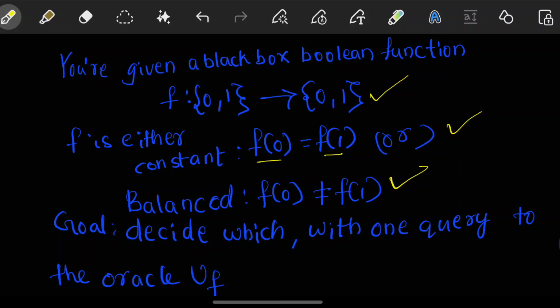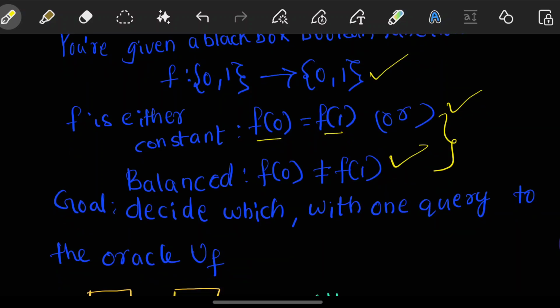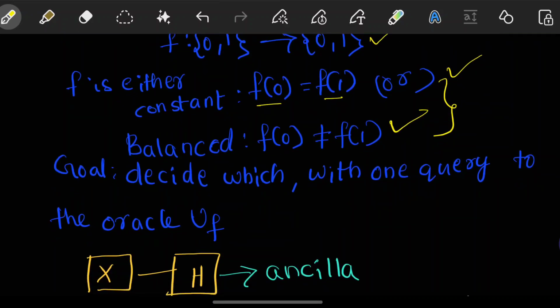We require 4 possible mappings to check whether the given function is constant or balanced. So we require 4 evaluations in the classical way, whereas here you can check it at a time